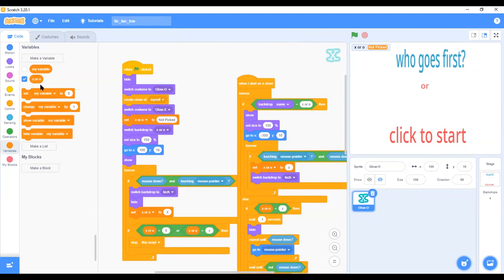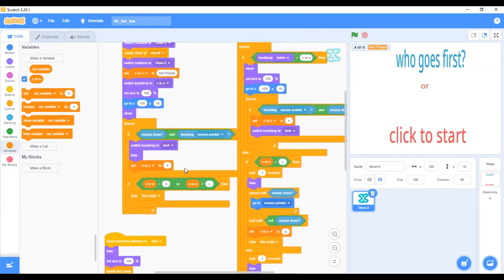You can name your variable whatever you want, but for simplicity's sake, I just named mine X or O. You can name it whatever is okay for you, so that you remember.